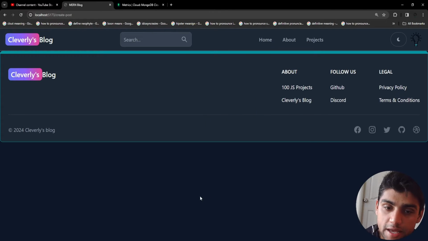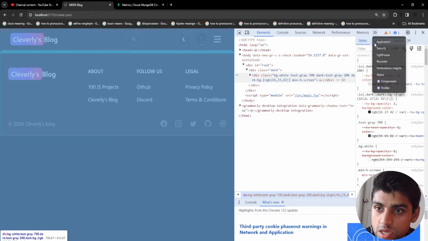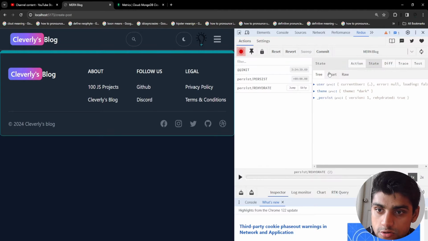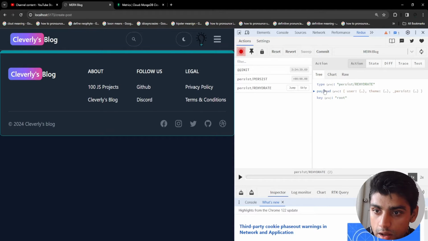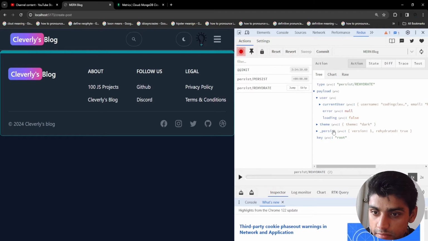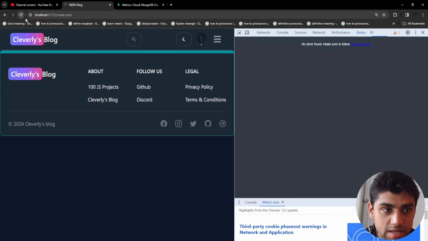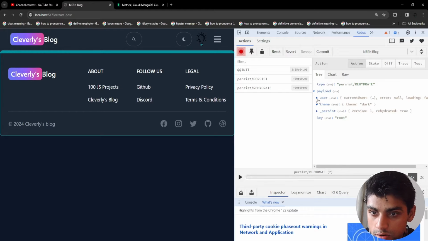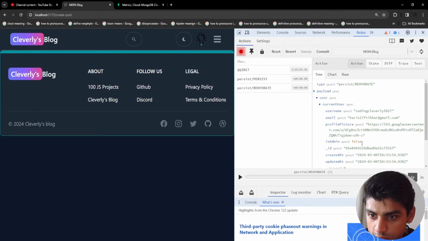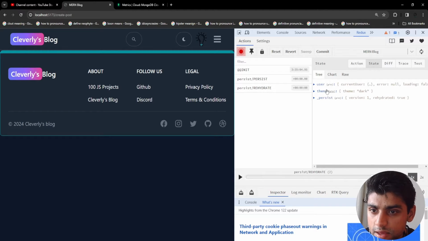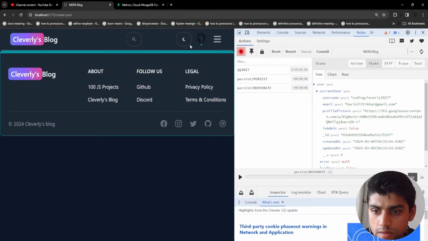So for that particular case, remember in the inspect, if you go to the Redux over here and you go to this payload, you could see over here we have theme, and we have a current user, and you could see over here isAdmin is set to false right now in the beginning. But when I refresh it, because I already set it, payload and current user, and isAdmin is still set to false. What I think is, if I go to the state and isAdmin set to false,